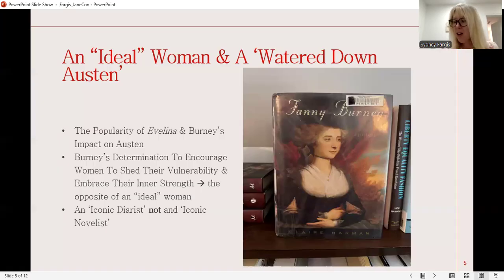This determination of Burney's to highlight the inner strength of women. And a determination, I might add, that would have been quite bold in light of society's attitude toward women. In Northanger Abbey, Austen views readers of Burney as individuals who have good taste. Again, making it not that much of a stretch to infer that Austen found Burney's writing to be both bold and brilliant.